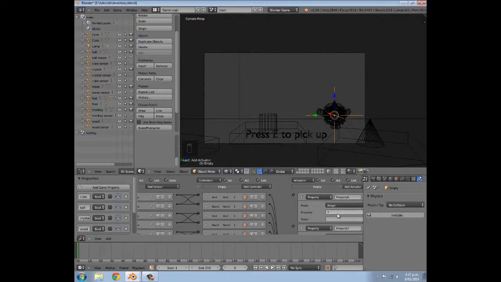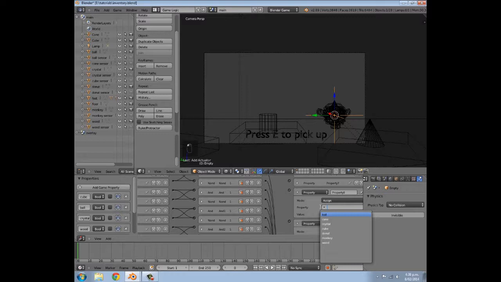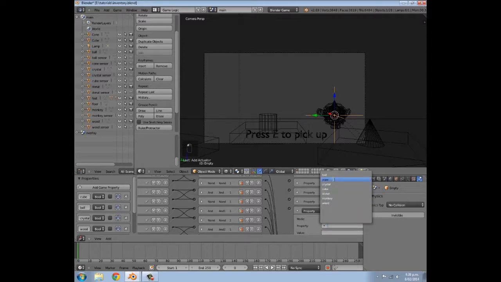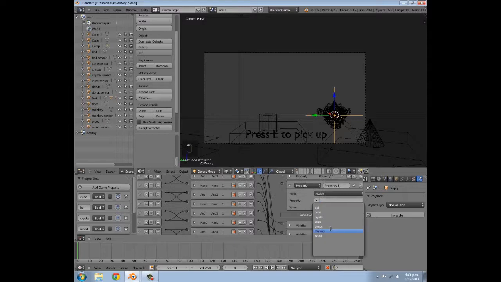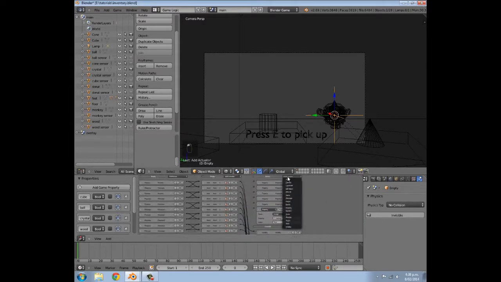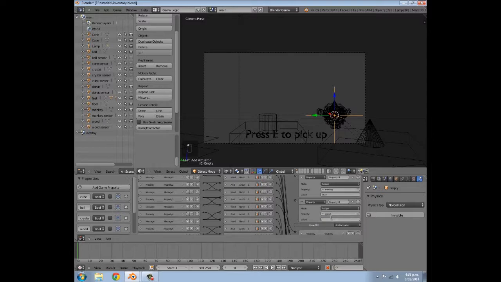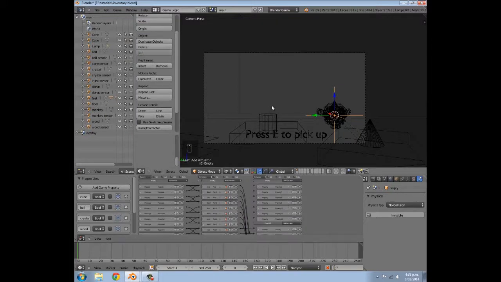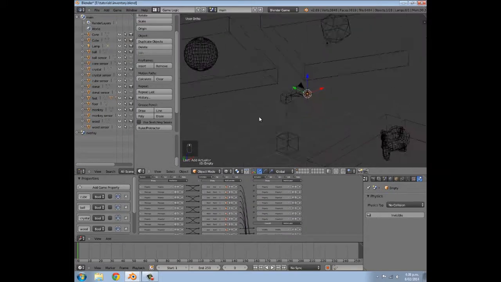So yeah, clicking and pressing Y to add a property. So again, assign cube to true. This one's going to be ball, obviously, and so on for the rest of them, in order, of course. Okay, so once you've got those all working, minimize them all, then we're going to do one more thing,